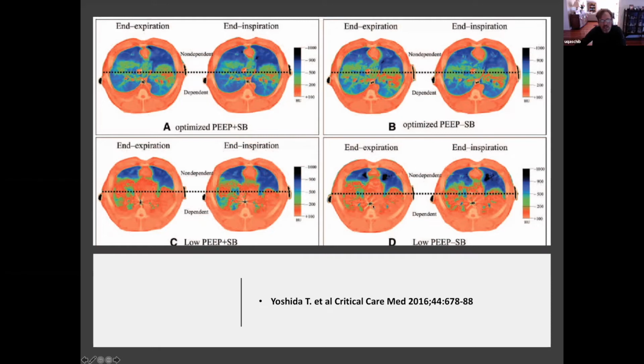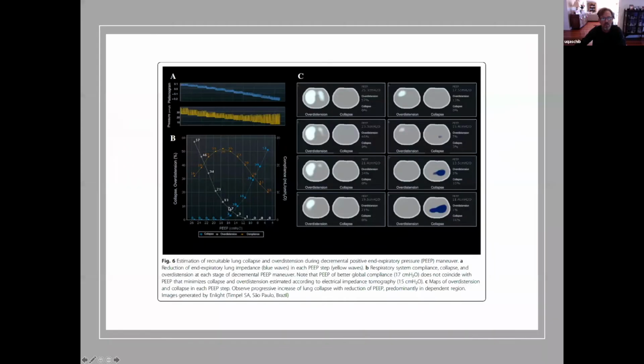But still, if you compare no spontaneous breathing and spontaneous breathing, here at the end of the inspiratory effort, you may see that there's still a difference. You get ventilation distributed to the posterior lung. Where maybe there may be benefit in using EIT in analyzing and trying to figure out where is optimal ventilation, because